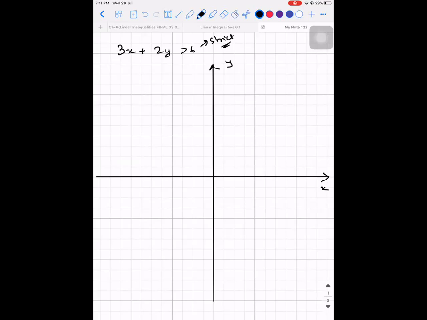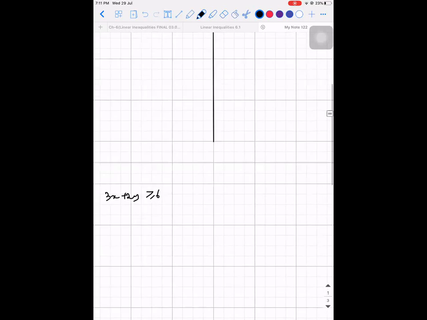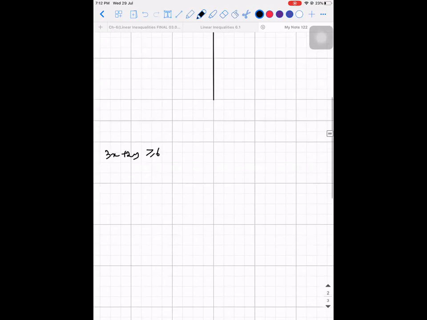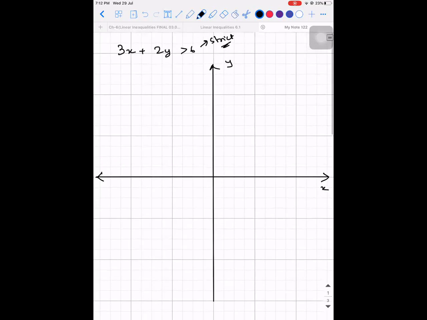Means it is strictly greater than 0. Whereas here it is greater than or it can take equal to 6 also. Is this clear till this point? Yes, sir. Are you guys clear with this? Any doubt? No, sir. Okay.